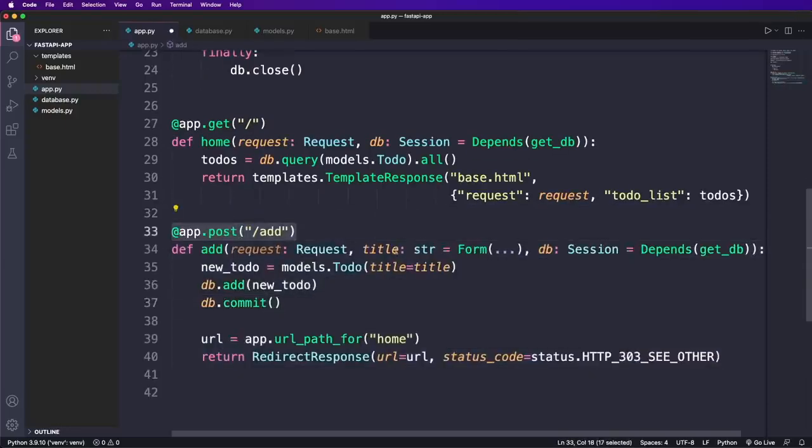As parameters, we also use the request and the database, and now as a new argument we also put in the title, which is a string that comes from the form. And then again we create a new to-do, add it to the database and commit the change. And then I get the URL of the homepage and return a redirect response. I also specify a particular status code,